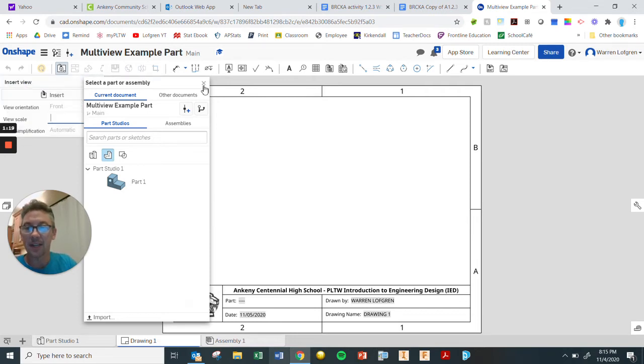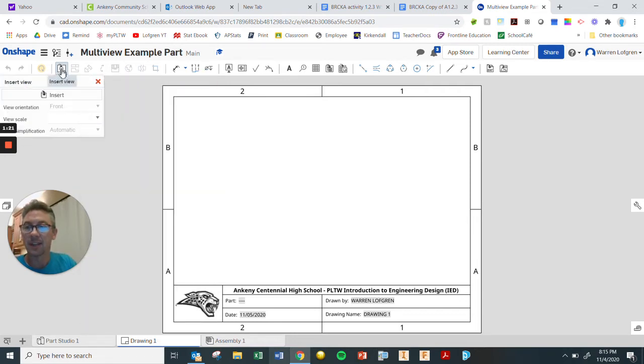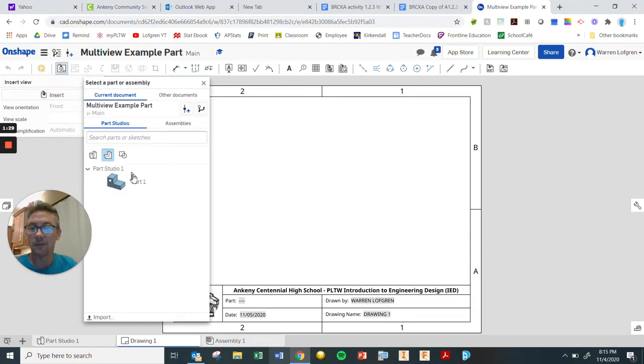If that didn't come up, then the icon for insert is just right here. We can click it, and then I can click on insert right here, and the default is it wants you to insert the part that is already within this file. If you wanted to go get a part from another document, you could do that up here. But I'm going to click on this part,